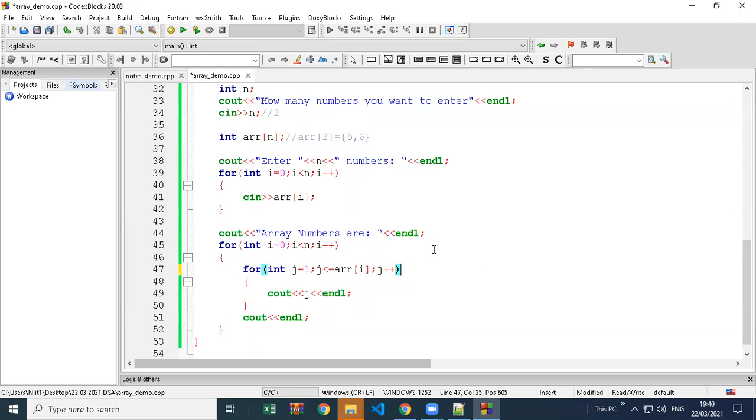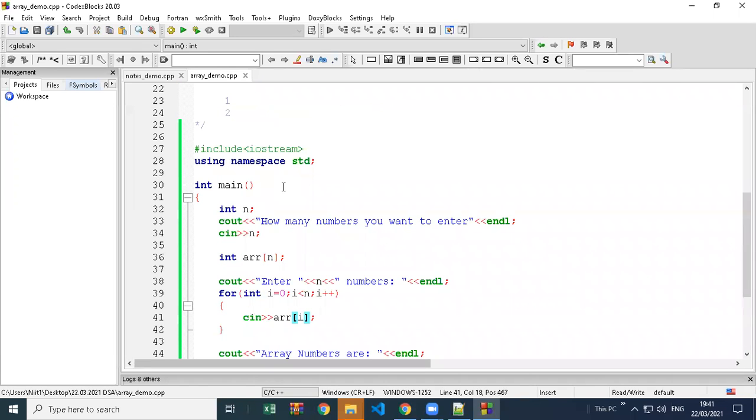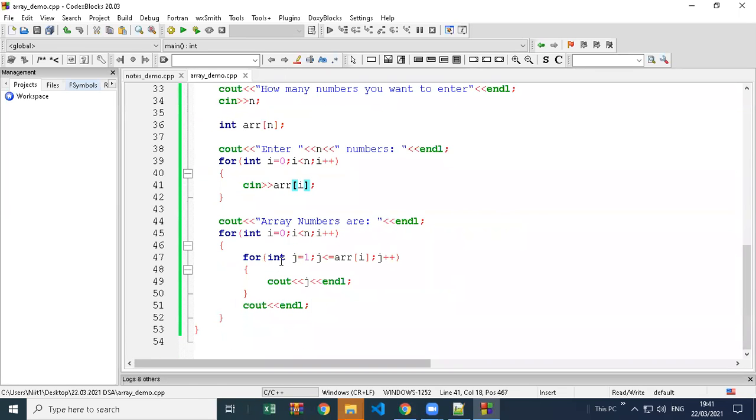So this is the code. The code is actually the same as what we use to take data from the user, store it and display it. Normally we take 4 or 5 fixed data items from the user and print them. So this is a new thing, and the nested loop is the logic part, so that we have to think about how we can reach each index. The nested loop here is helping us.